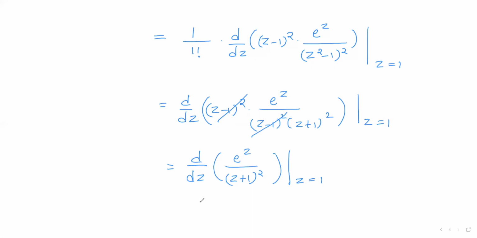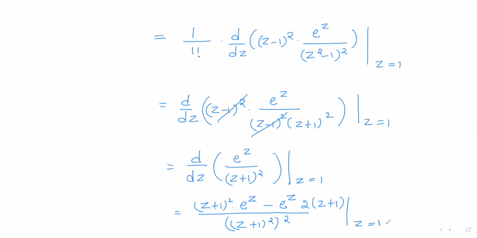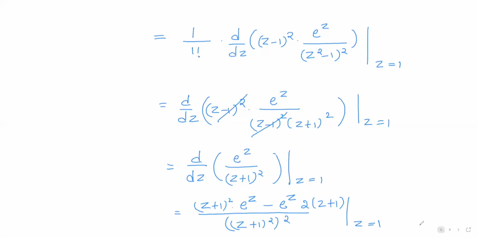So first we shall differentiate it. So we have to apply the quotient rule. So denominator function square into, in the numerator, denominator function into differentiation of numerator e power z as it is minus numerator as it is into differentiation of the denominator 2 into z plus 1 at z is equal to 1. Now what is it? So z plus 1 whole square e to the power z